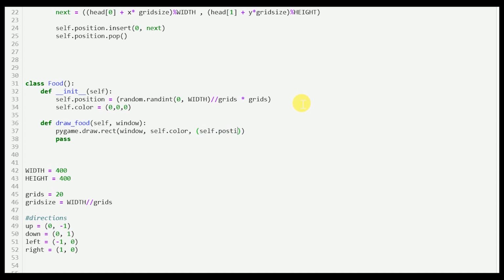So self.position[0] and self.position[1], and I'll have the grid size and grid size. Okay, so this is the code for the food class,